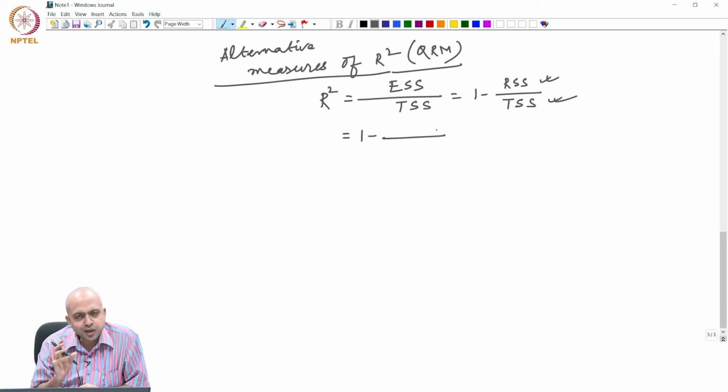You have incorporated certain explanatory variables and your model is explaining some part of the total variation in Y, and the remaining portion is RSS. In a qualitative response model, when you are estimating your coefficients using the log likelihood method, they go for several rounds of iteration to maximize the log likelihood function. So, the first step in that iteration is when you have not incorporated any explanatory variable,